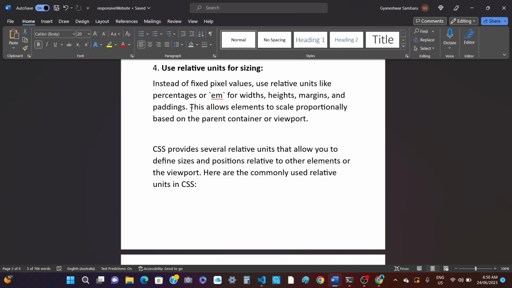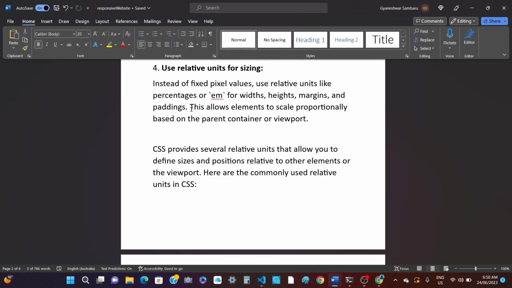Okay, so it will make the website responsive. Like for an image, when I mention the width will be 20%, even if it's on mobile, it will be 20% of the mobile screen. Okay, so that's how